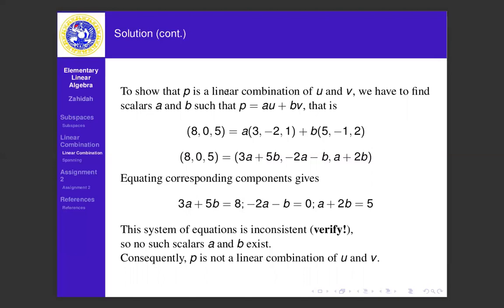Okay, firstly, we suppose that P is a linear combination of U and V. It means we have to find scalars A and B such that P equals AU plus BV. Okay, from the equality, we have this system. But if we solve this equation,